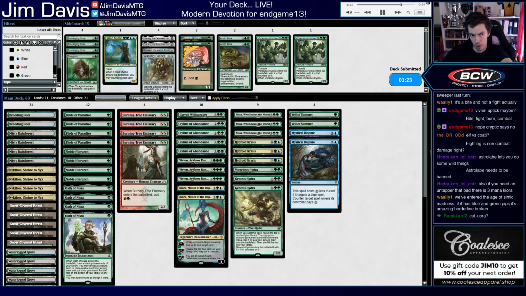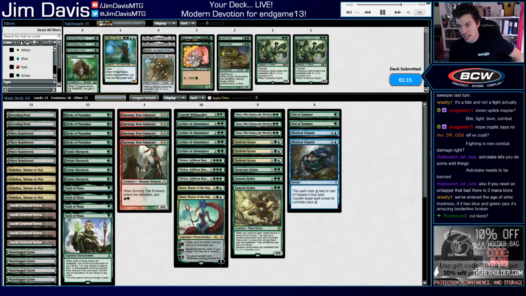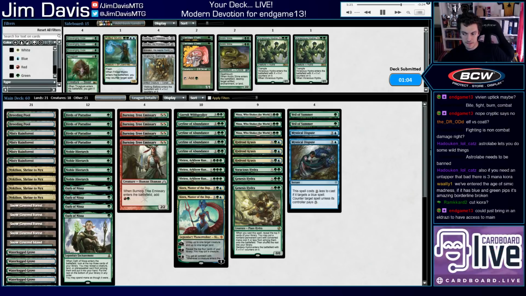Don't really have an answer to Emrakul in this deck. I guess Scavenging Ooze is like... I guess that kind of plays. Just not really good against anything but Emrakul. It's kind of clunky too. I don't know. I don't think we want to just bring in an Eldrazi. 10's a lot, you know, like...